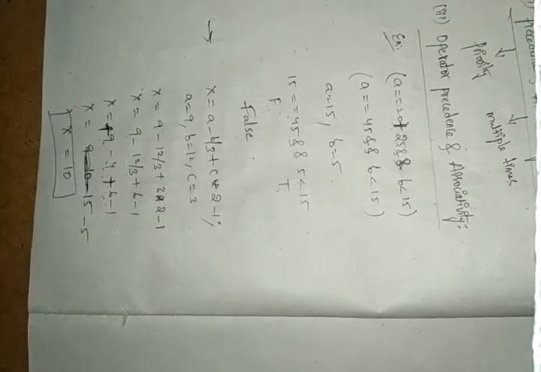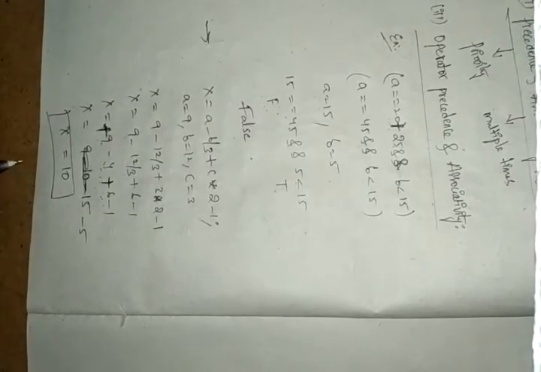x equals to 10. So we need to perform first multiplication, after that division, after that modulus, then addition, and after that you have to perform subtraction. Then you will get x equals to 10. Like this you have to perform. It may be a program or anything, so you have to work like this only. Any example you can take.